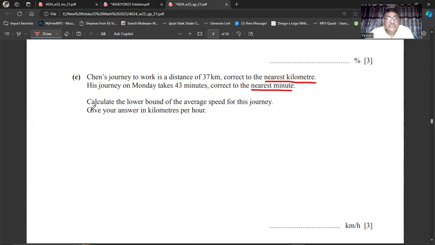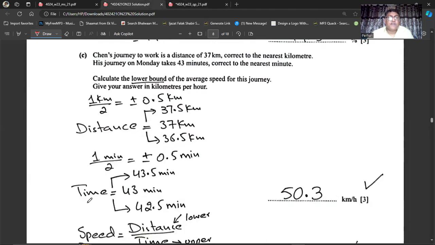Their question is to calculate the lower bound for the average speed. This word is very important. They want me to find the lower bound of the average speed for this journey. Okay, so you see, because I want the lower bound of the speed,